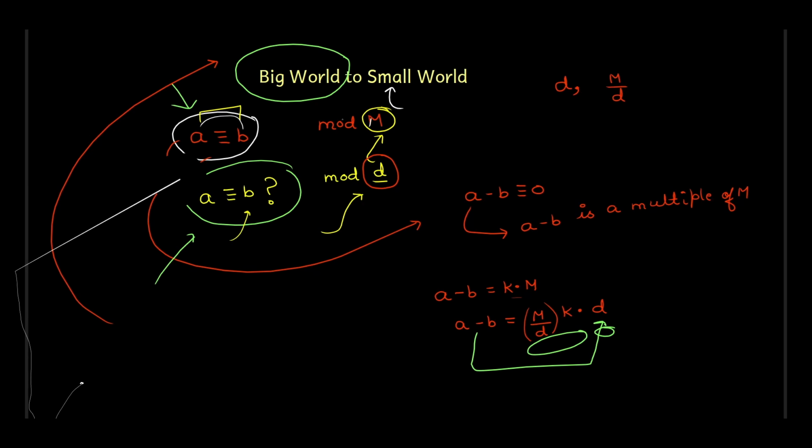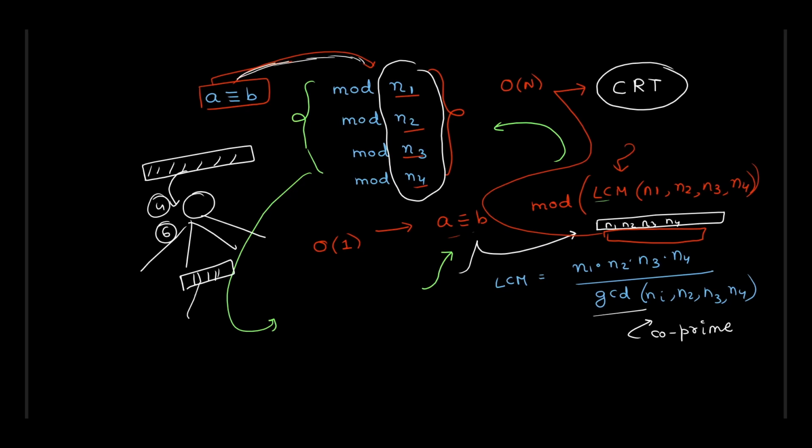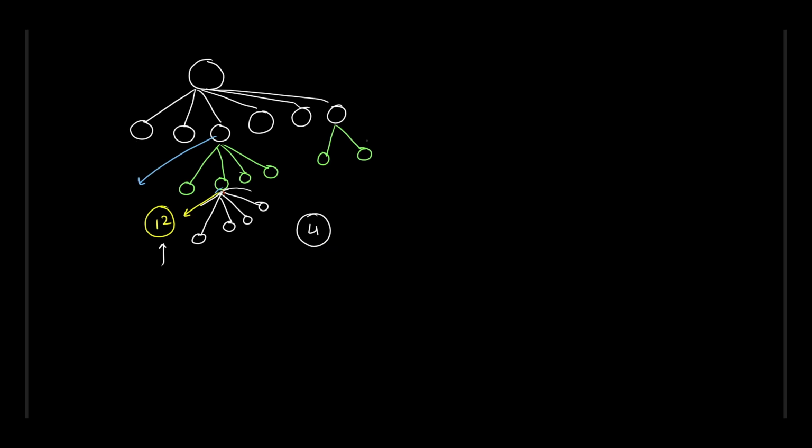If A and B are equal mod M, then they will also be equal in the smaller world of divisors. This means that if the number of children that you have is D, and suppose the number that you are storing currently is the LCM, so let's say that M is the LCM of all the D_i that you have seen so far. So if M is the LCM, then you can see that if D divides M,